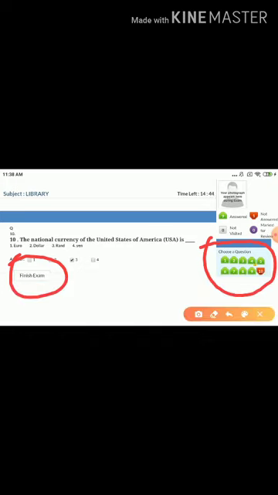If you are sure that there is no need to change any option, remember we already discussed how to change the option of a particular question by clicking on its number 1, 2, 3, 4. If you want to change question number 5, click on question number 5. Suppose you want to change question number 6, click on question number 6. No problem. Now question number 10 is the last question, so we can finish the exam because we are sure there is no need to change any option. Now click on Finish Exam.